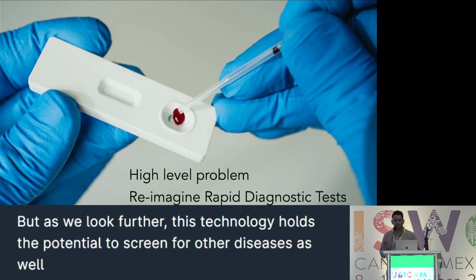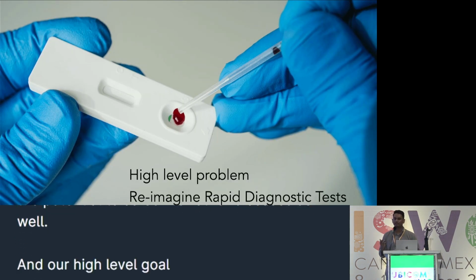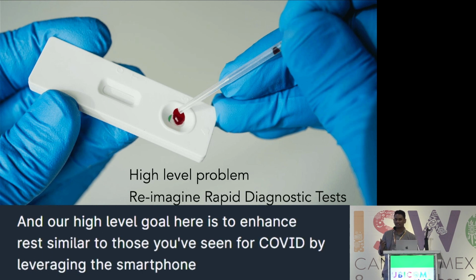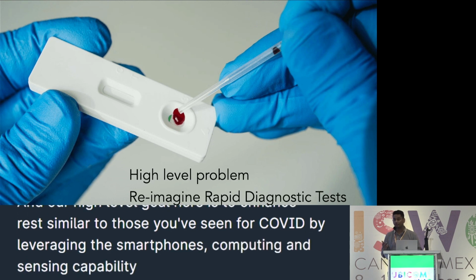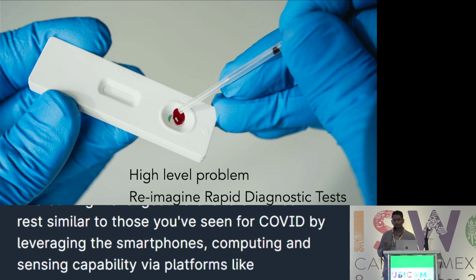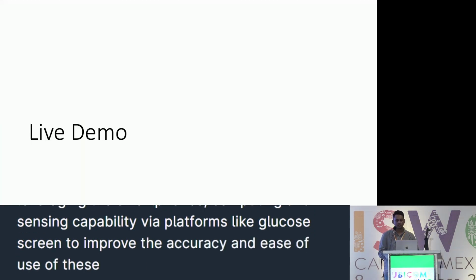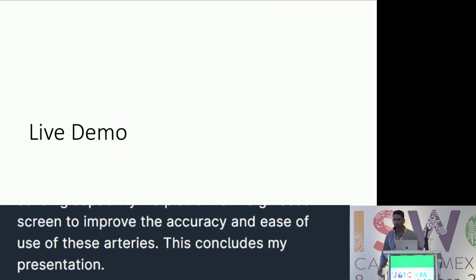And our high-level goal here is to enhance rapid diagnostic tests, similar to those you've seen for COVID, by leveraging the smartphone's computing and sensing capability via platforms like GlucoScreen to improve the accuracy and ease of use of these RDTs. This concludes my presentation, but before we go to Q&A, I'd like to show you how GlucoScreen works via